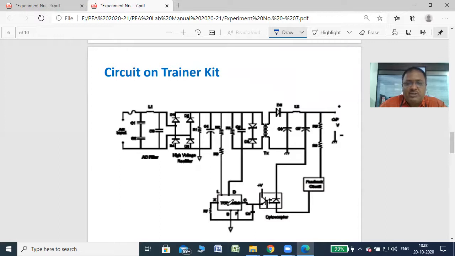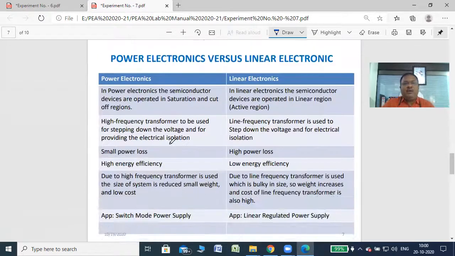Only at that time the triggering pulse is applied to the top switch, so that it turns on, and when it turns on, the output voltage will be produced. So this is a kit circuit on a trainer kit. Then we have already discussed the difference between